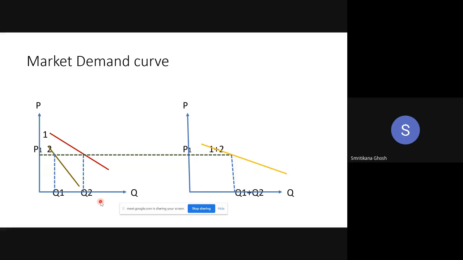Okay, ma'am, why average? Average is not at all related with the market demand. Ma'am, right now we are taking two individuals, but in the market it will be different firms, different companies. So we want the average value of what is happening in the market, rather than just adding. No. In case of market demand, if there are 100 individuals, if there are 1,000 individuals, you have to add the quantity demanded for each of those individuals for a given price.